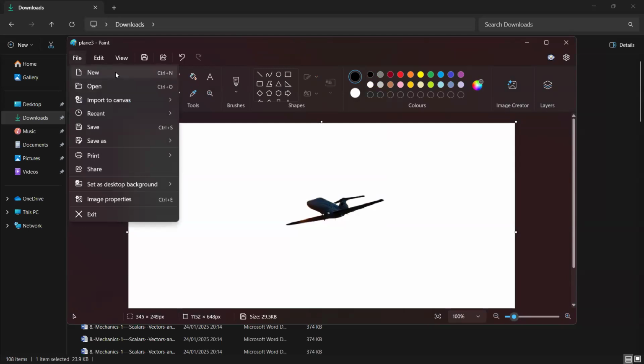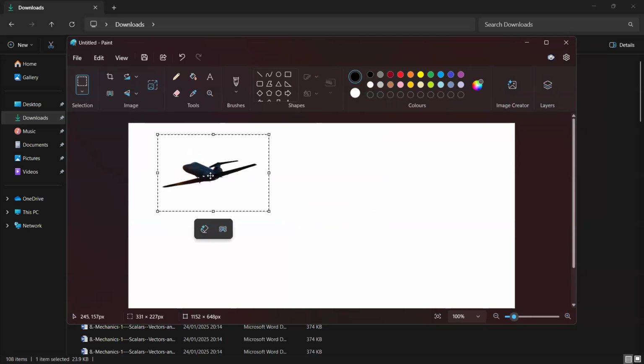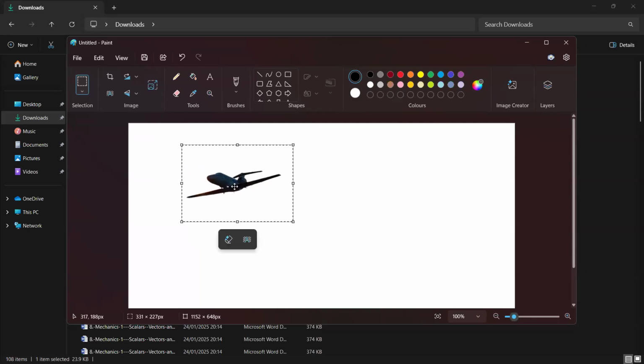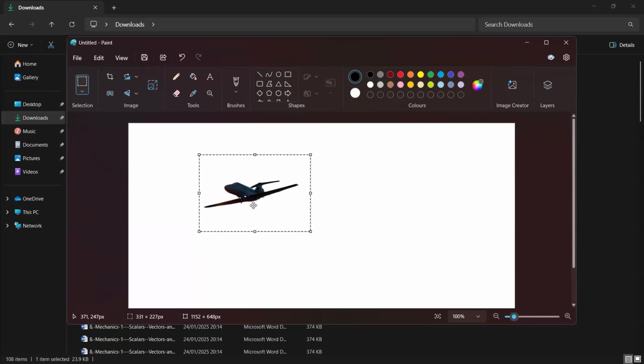Okay. Have you saved it? Okay, yes, good. Go ahead. Click on new. Okay. Remember where plane 3 was? You move down small to the right. Again, down to the right. Down again.